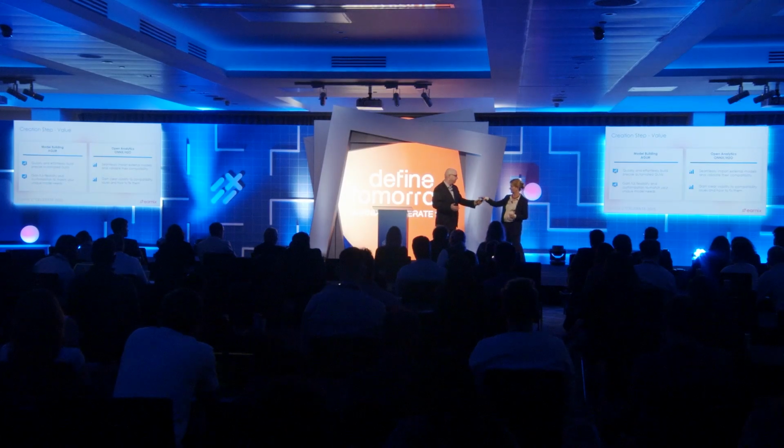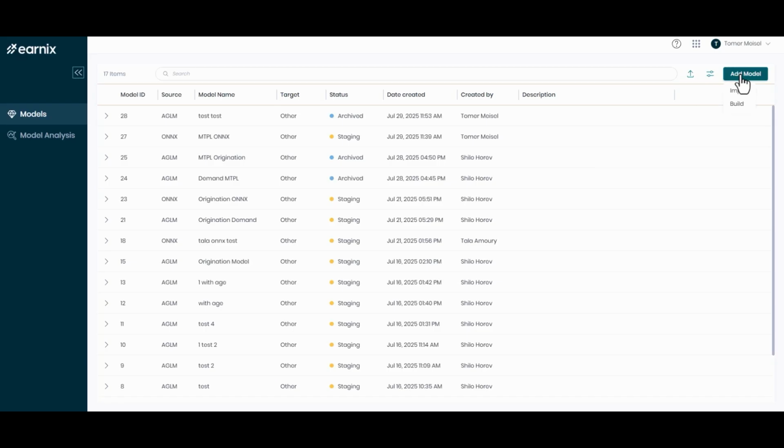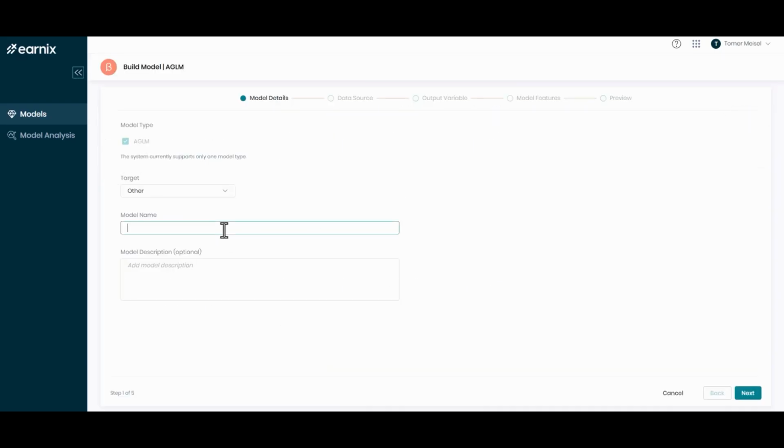So in a sense, they will have a better sense of ownership, understanding, and awareness over the external models. I think it's a good time to show them how it's being done inside of the system. So let's begin with the GLM. Yes, let's say I want to create a demand model, and we have the data that